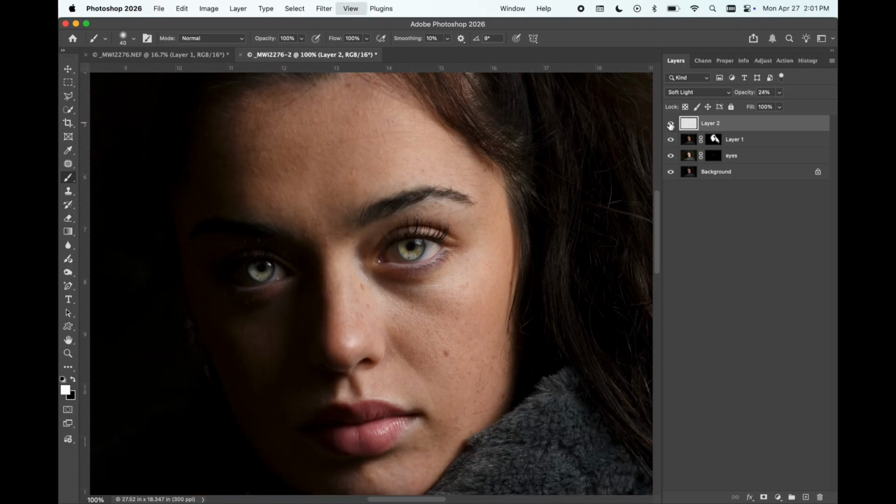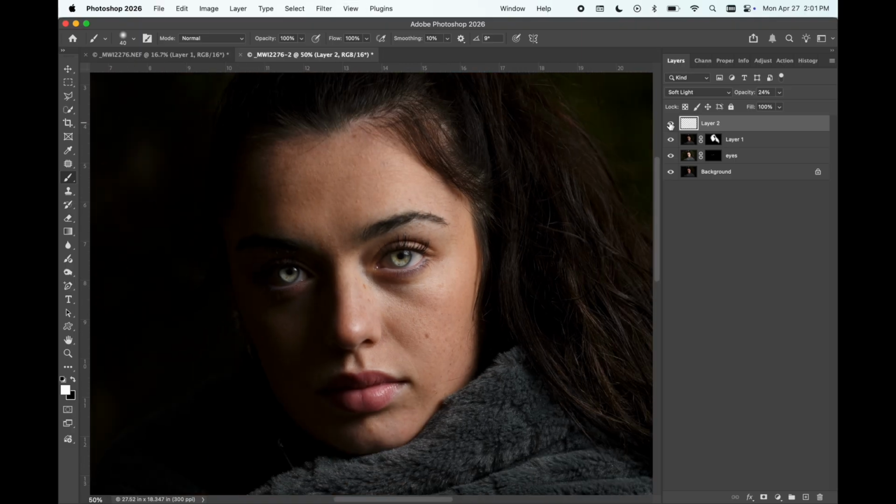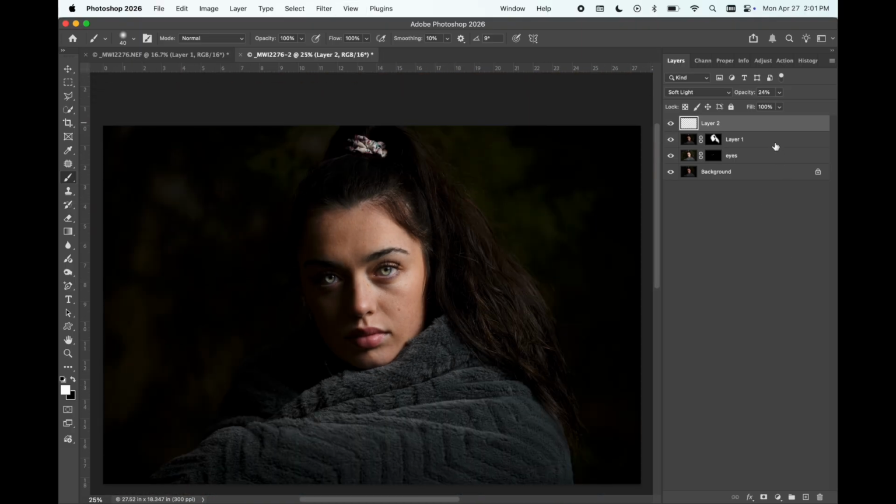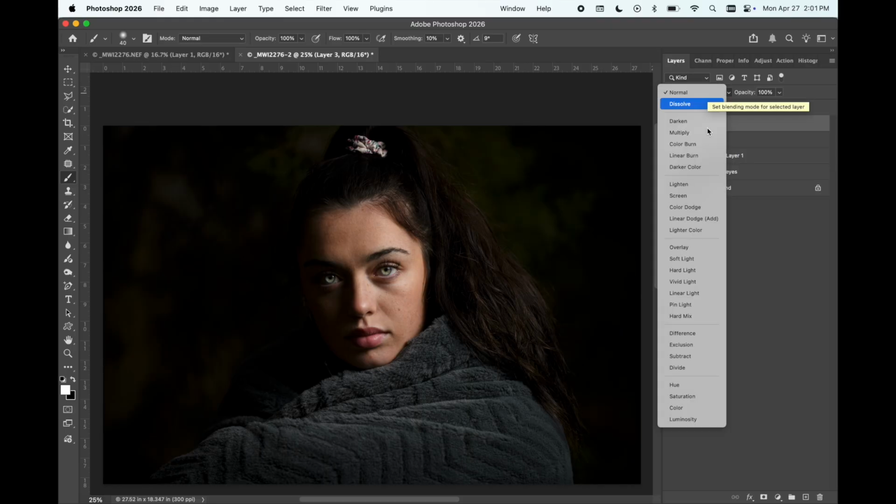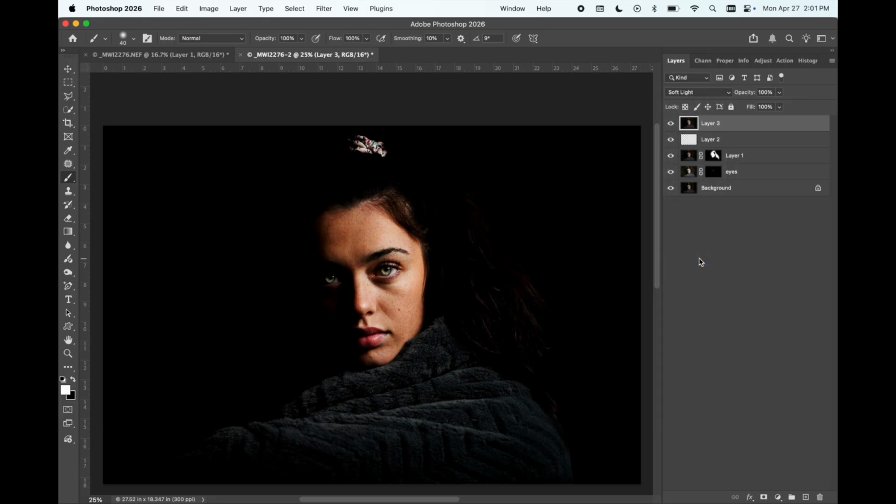Now there's one more step that I'll always try in all the images that I work on, and that is I'm going to make another duplicate layer, Shift Option Command E, and I'm just going to change this blend mode to soft light. And there it is. Boy, oh boy, doesn't that look just great. Not yet it doesn't, but we're getting there. So when I've changed this blend mode,